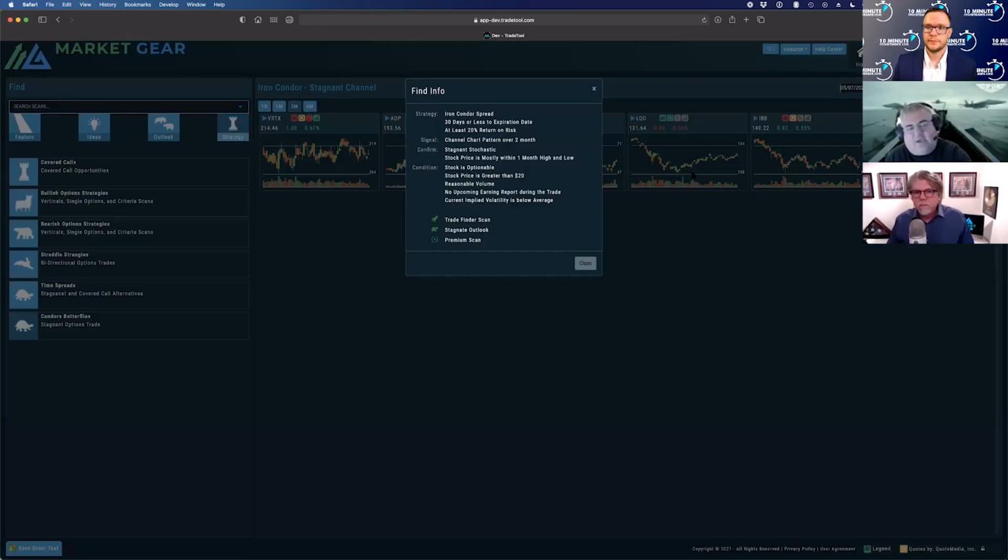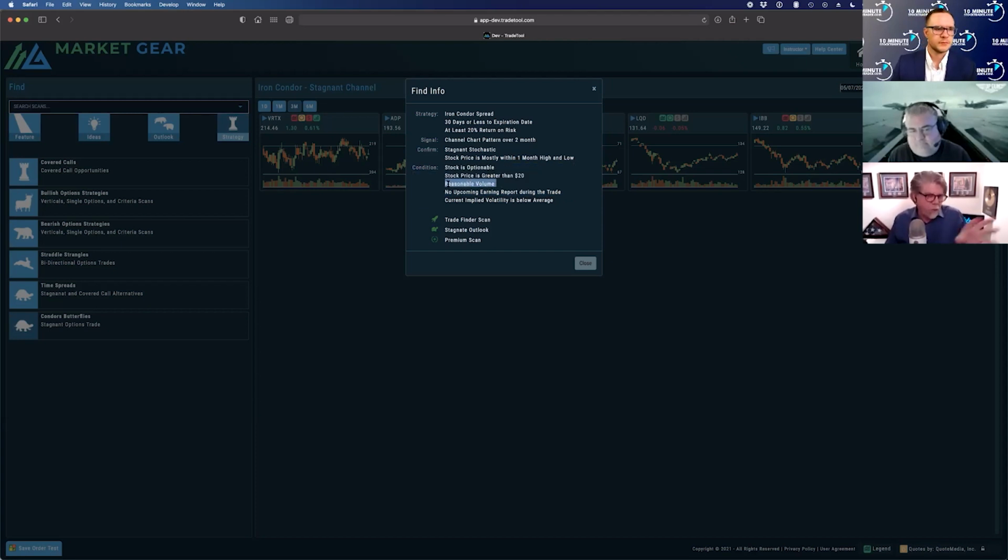Yeah. If you go to the actual strategy, it lists here some criteria, there's more than this, but notice how it even says no upcoming earnings report. That's part of what goes into this scan to make sure that you're not going to get hit with earnings in the middle of your Condor trade. So we already filtered that out. Smart. When we're looking through all the stocks, we want to make sure that's got reasonable